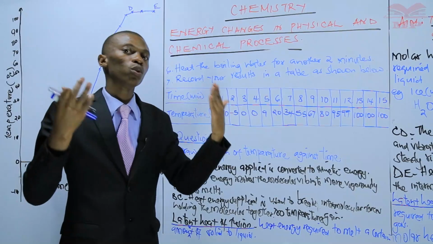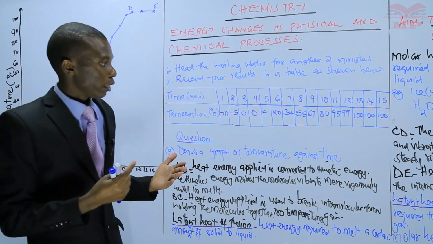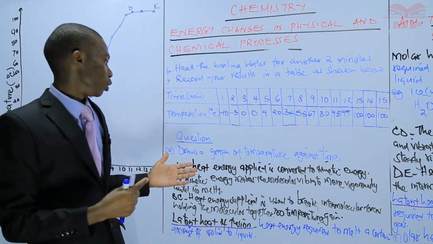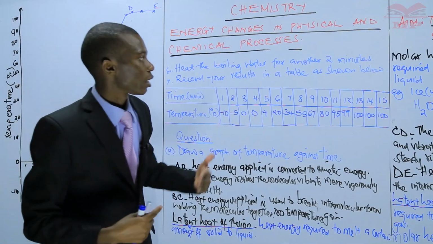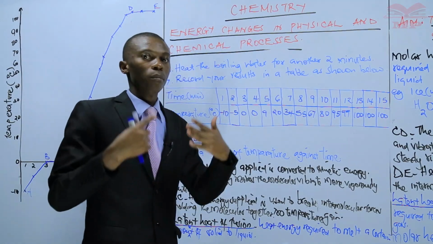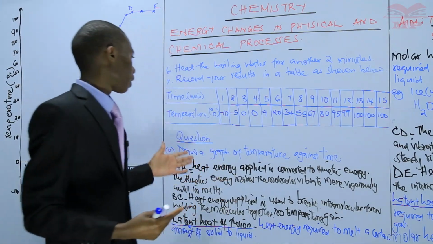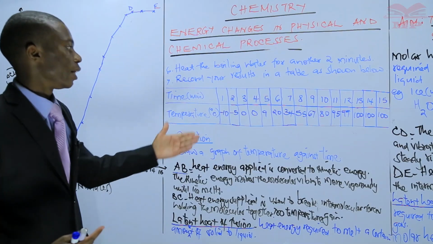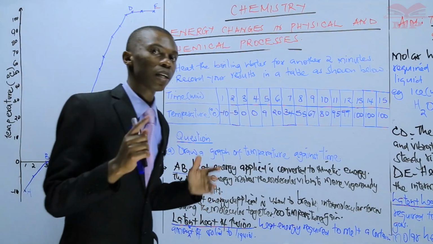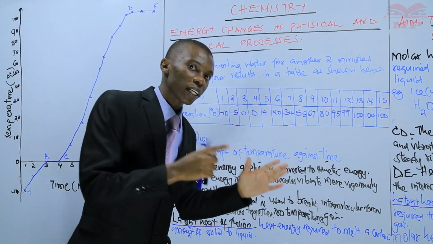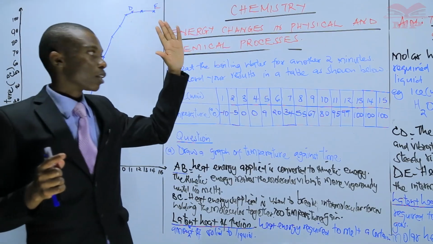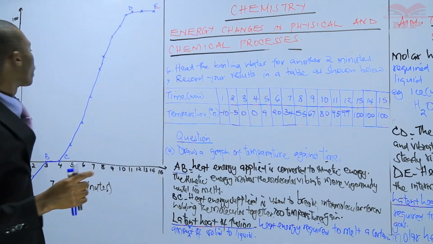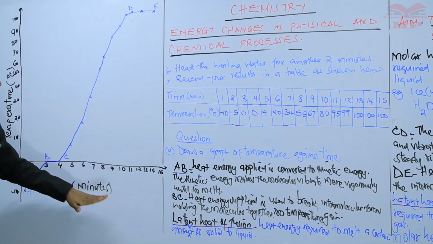And you should be able to explain each and every term and what is happening between each and every region. Again, be able to draw the graph of temperature against time. And I've told you, anytime you're told a graph of temperature against time, temperature should be on the y-axis, then time on the